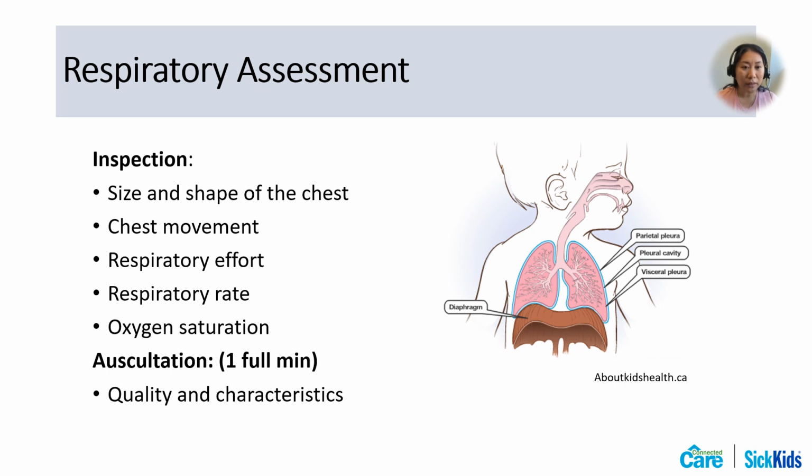After completing the inspection component of the assessment, you can auscultate the chest with a stethoscope. Auscultate all lung fields and compare both sides, listening to the front, back, and right side for the right middle lobe, ensuring there is adequate air entry to all lobes. You can auscultate for quality and characteristics such as diminished air entry, crackles, wheezes, or grunting. Some pediatric considerations: